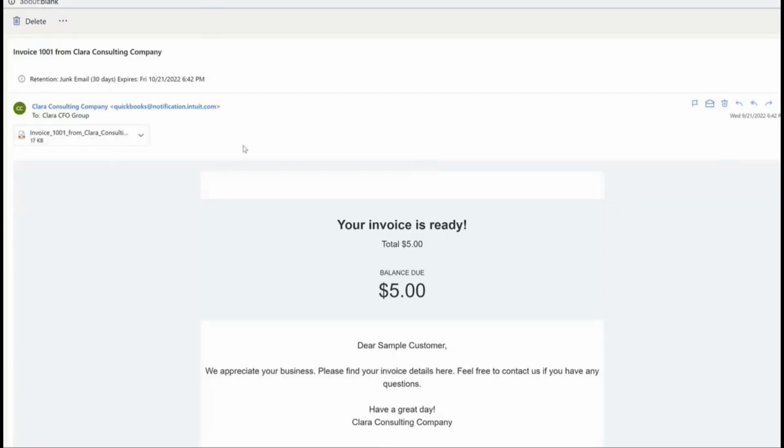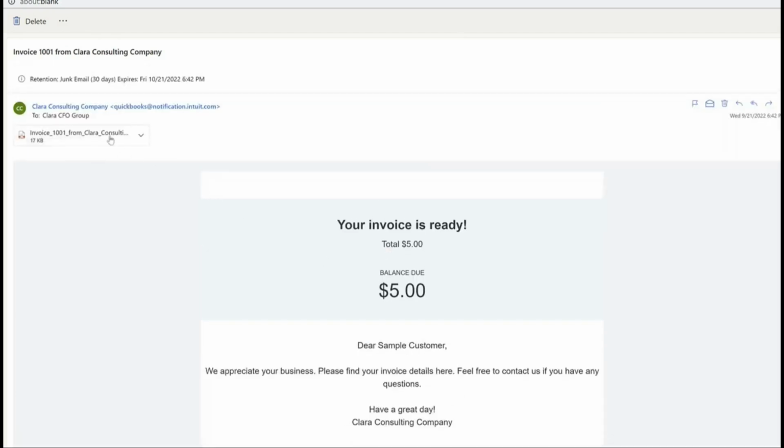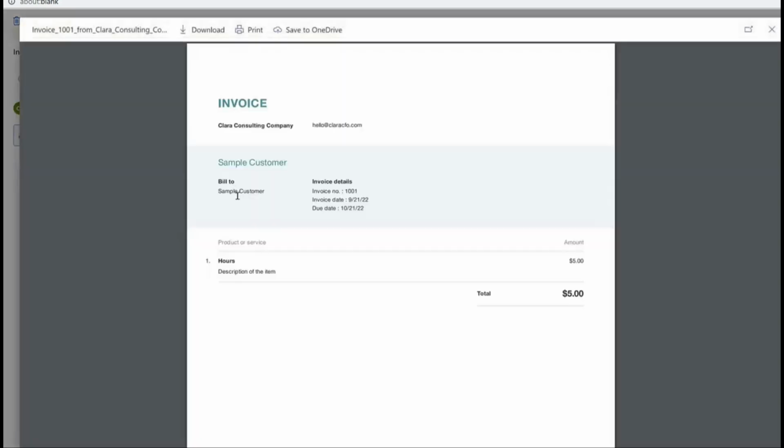Okay, so this is actually what that looks like when it comes from the system. So this is what your customer would be seeing if they get that invoice. And then they will also receive a PDF copy. So this is where you can test it. You can upload your logo. You can actually go in and change what you want to be,